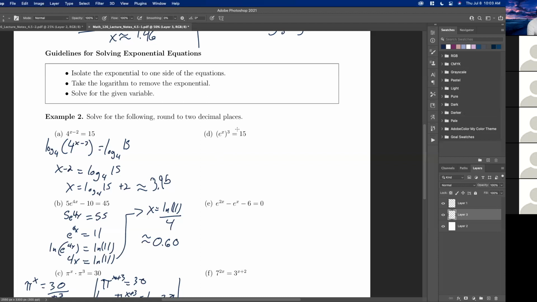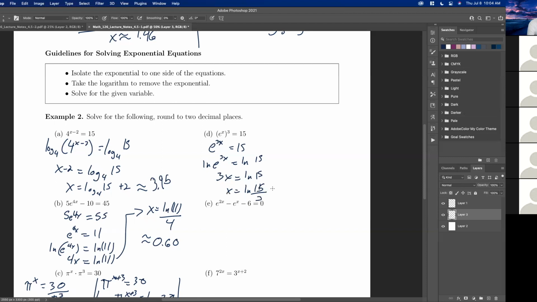Like here, I probably have two choices. I could either take the cubic root to both sides, which I do not like taking cubic roots. And so here, I'm just going to bring the 3 in on the x and equal to 15. And then I'm going to take the natural log of 3x equals ln of 15. That means this evaluates to 3x equals ln of 15. And then I just divide out the 3, so I get